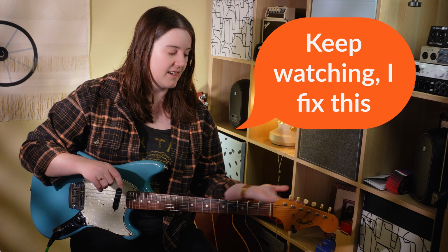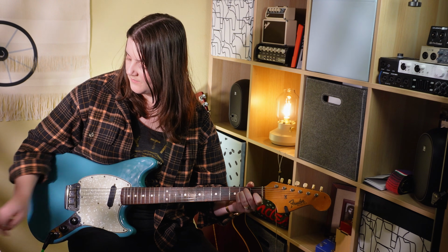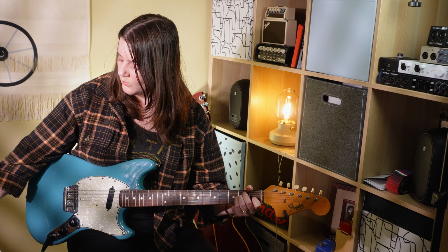I can't imagine that this is a particularly high output pickup. I did have to increase the gain on my interface quite a bit to get this sounding the way that I want it to sound. But I really like the way this guitar feels, especially. Oh, let me turn up the volume again. Really interesting about it